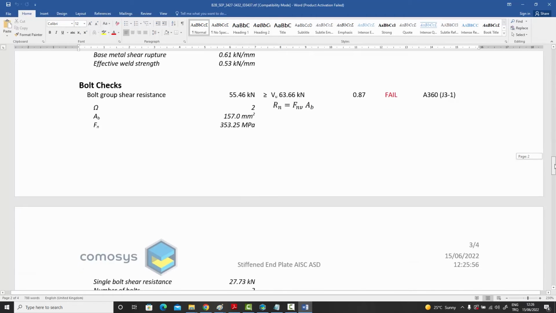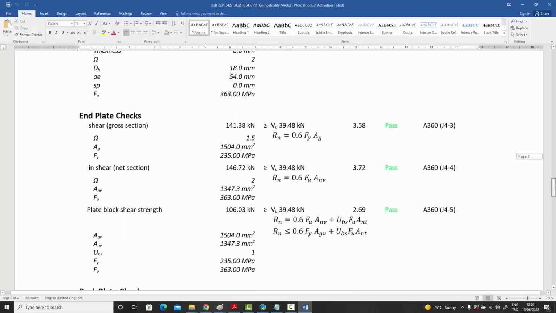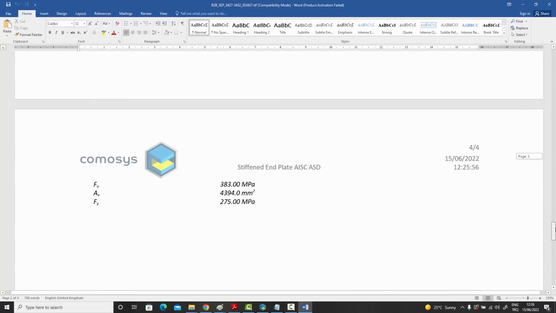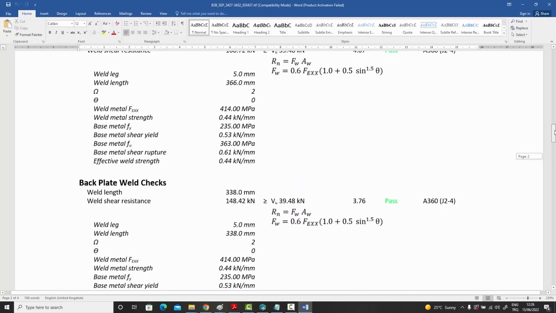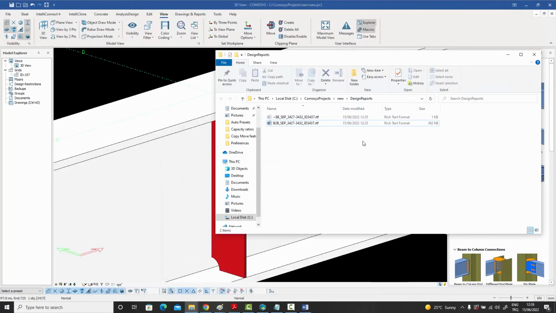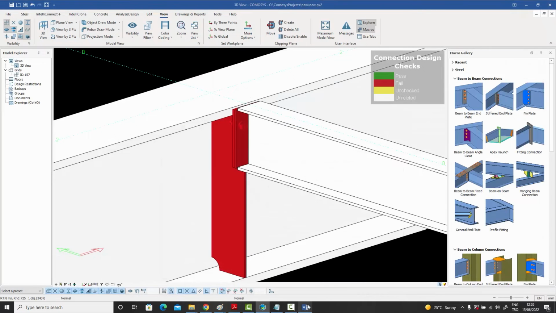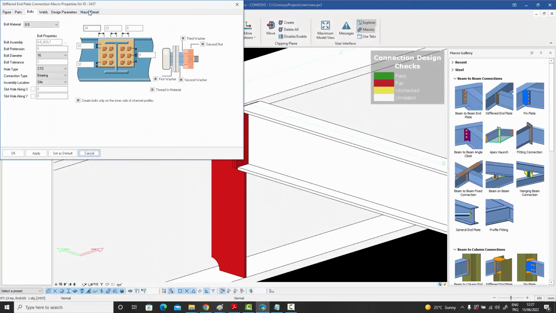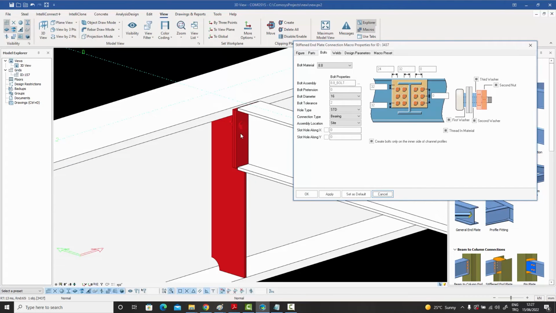So if I go further down and see if anything else is failing as well, the other things are seemingly okay. And this usually happens when the loads get concentrated around a single line of bolts. And the easiest solution is just to increase the number of bolts to 2 rows or 3 rows, and then this check will easily be solvable. So what we can do is let me close this report. We can go into the macro, and instead of the automatically calculated single row of bolts in the preliminary design, I can make it two rows of bolts, for example. And when I do that,